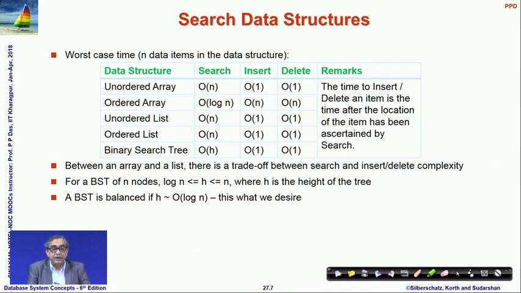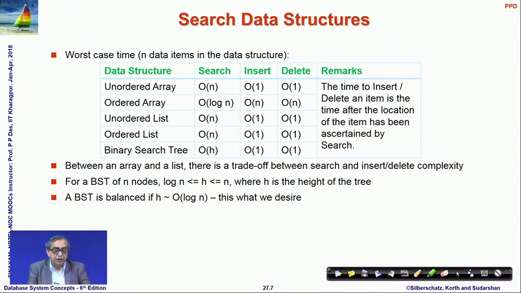But if you are using an ordered array to make your search efficient, then to insert you need an order n insertion, because at the right place you need to move the elements to the right to make space for the new element, because you need to maintain the ordering that the elements have. So, we find that between the array and the list there is a trade off: if you want to make search better, you have an ordered array and that degrades the insert and delete complexity,